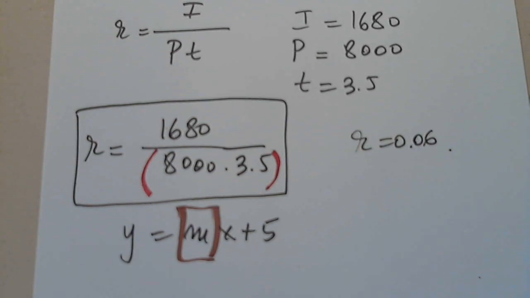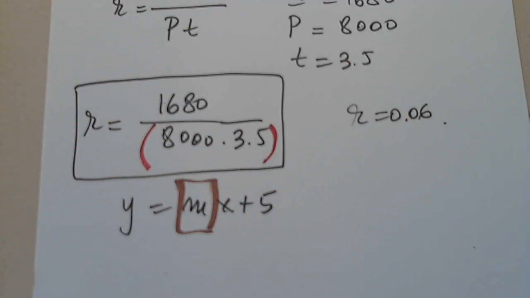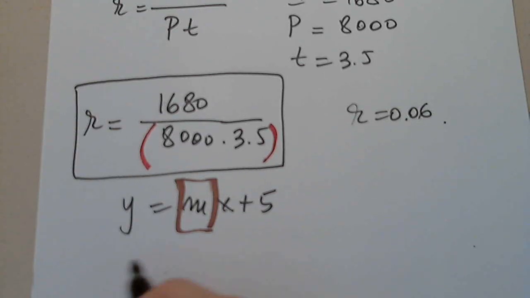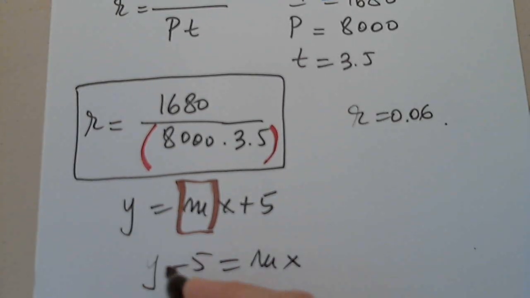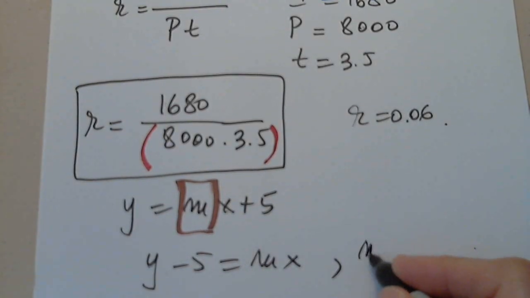Solving for m. Is it to isolate it? Yes, just tell me and I'll write it. Did you lose the 5? Good. Y minus 5 equals mx. So then m equals,